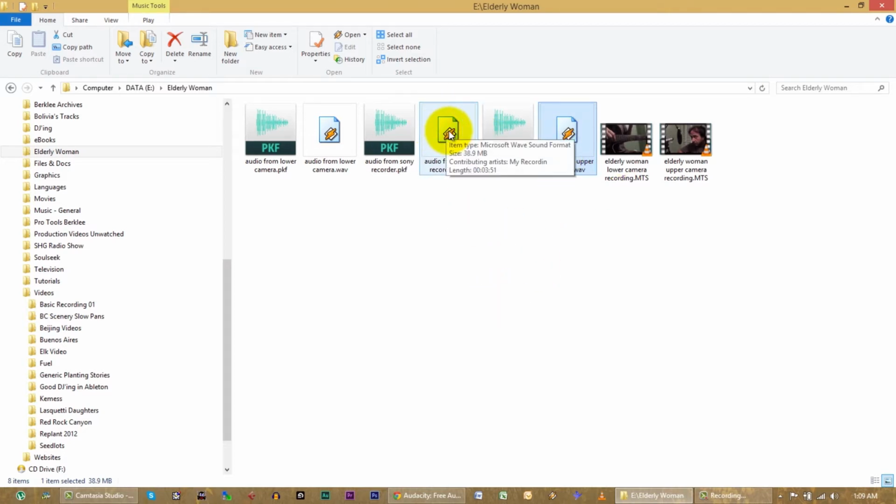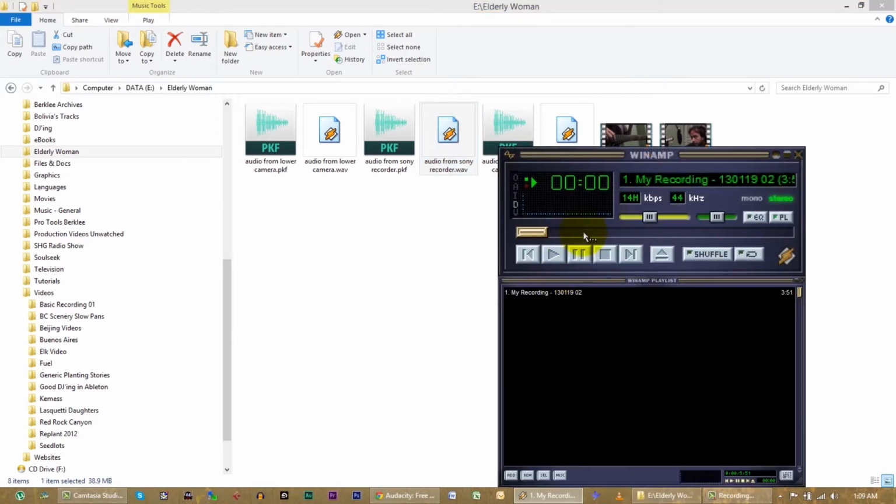Okay, and then finally let's listen to our audio from the Sony recorder. Now that's a cleaner sound. I like that so far. We're not hearing as much reverb for some reason.